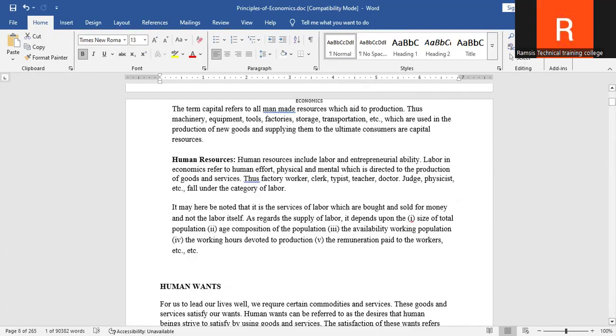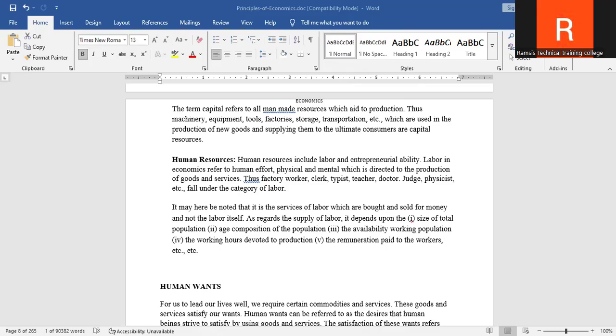You actually need to know the definition of utility. This is the quality of that commodity that satisfies human want. We are talking about the benefits, the good things that you get from a particular commodity that can satisfy the human want. And then you have what you call economics.